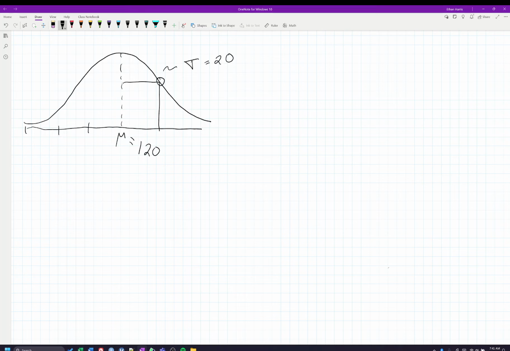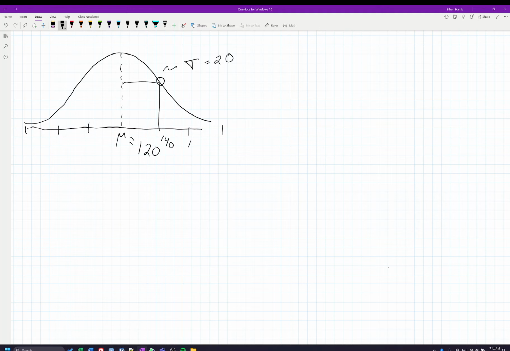Okay, so when we've done our normal distribution so far, we've mapped out our distribution, we've drawn out our midline, which is our mu, and we've said that to the inflection point right here is equivalent to one standard deviation. And then we've been labeling it such as, let's say that our mean is something like 120 and the standard deviation is equal to 20. And then we've been able to relabel our graph in terms of numbers of standard deviations away from the mean. So we go up like 3 and we go down 3, and then we can label this as like